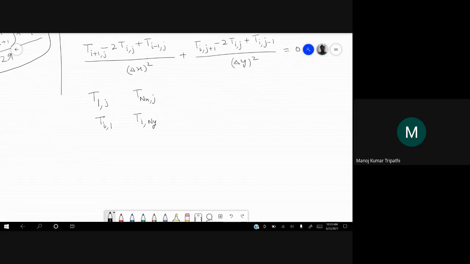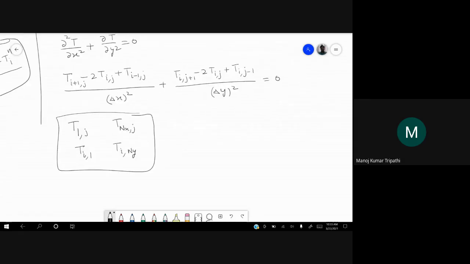Okay, you know only these quantities. In general, you don't know T(i+1,j), T(i,j), T(i-1,j), all of these temperatures. So how can we solve this equation? Any suggestions?